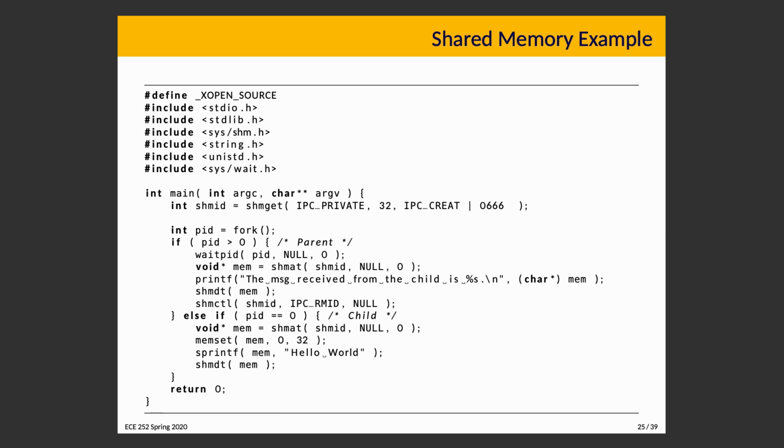Now, the coordination problem is solved here by the use of wait. We know already that coordination is a big problem when we are dealing with multiple processes, but at least using a way that we have already learned, we can make sure that we are doing things in the correct order. The child process runs and sets the value before the parent process runs and attempts to read the value. The other thing that is kind of noteworthy about this,